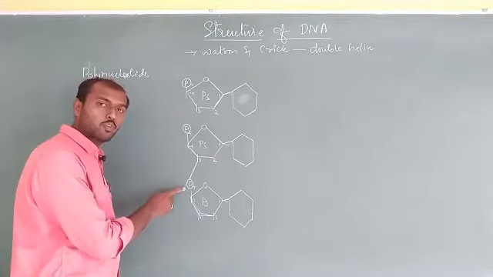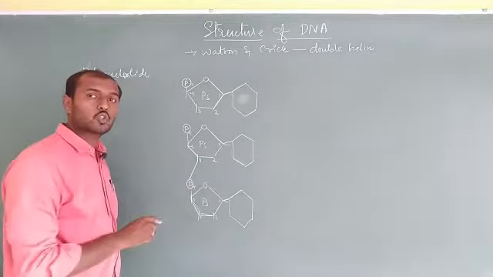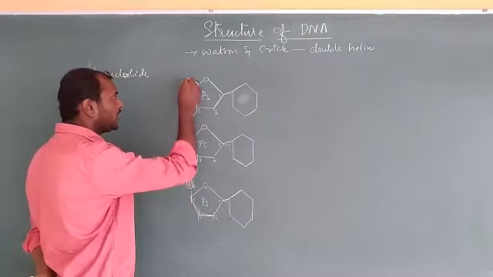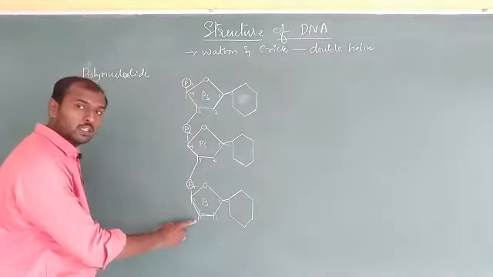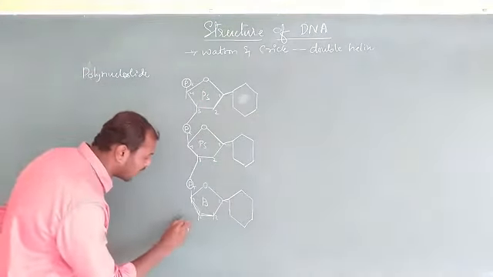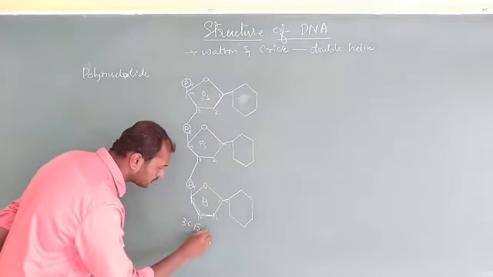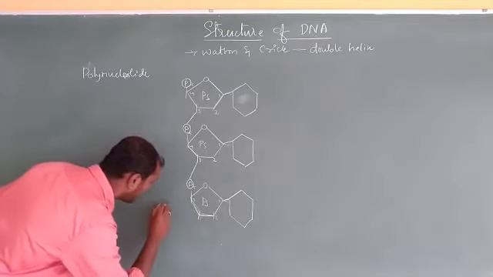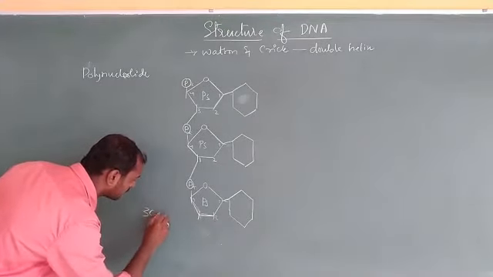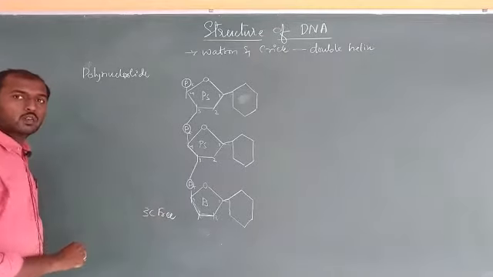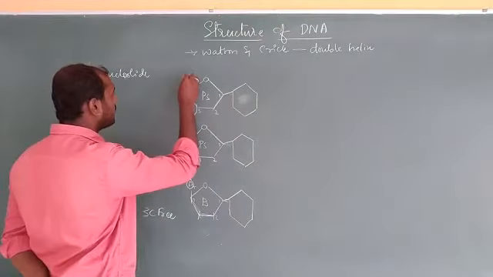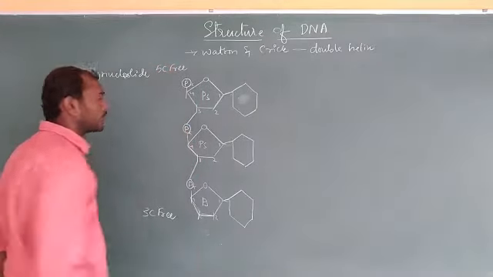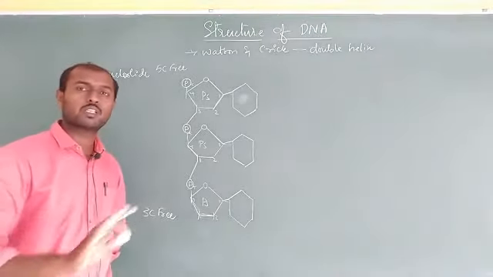This phosphodiester bond is actually between the two sugar molecules. Okay, so this is going to react with this one and this one will be free. So here the 3' or third carbon is free. Here the fifth carbon is having phosphate but still it is free. Fifth carbon is free or maybe attached to the phosphate. You just consider that the end is not reacted with anything else.